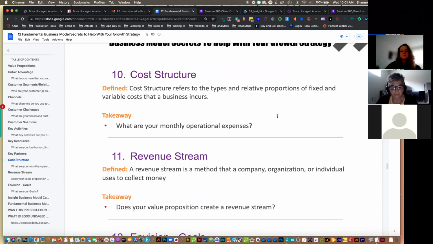Then number 11 would be the revenue stream. How much money are you taking in per month, right? So to say if you're spending $100 per month on whatever your cost is, but you're making $200 per month, well, that's not a bad bargain, right? For every $100 you put in, you're making another $100 back. So you just want to figure out these variables. If you're putting out 100 and you're making 100 and you're breaking even every single month, then obviously you need to verify and figure out where your hurdles are.